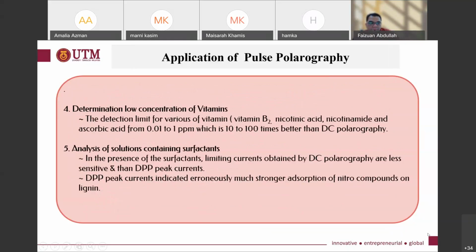Next is the determination of the concentration of vitamins. The detection for various vitamins, which are vitamin D, B2, nucleic acid, nicotinamide, and ascorbic acid is from 0.01 to 1 ppm, which is 10 to 100 times greater than the DC level. Okay, the last application is analysis of solutions containing surfactant. In the presence of the surfactant, the residual current obtained by DC polarography is less sensitive than the DPP peak current. The DPP peak current indicated a much stronger adsorption of